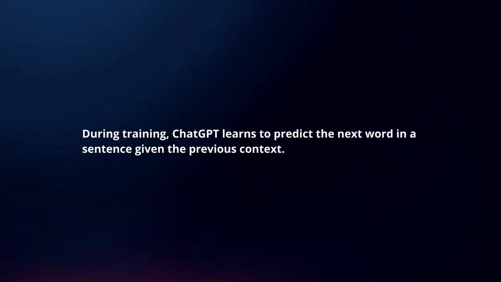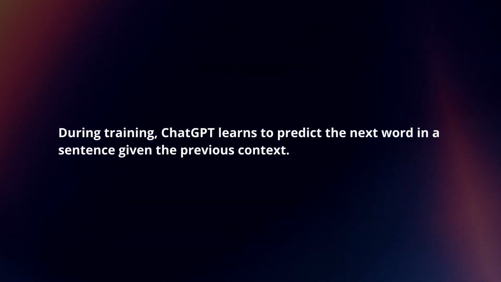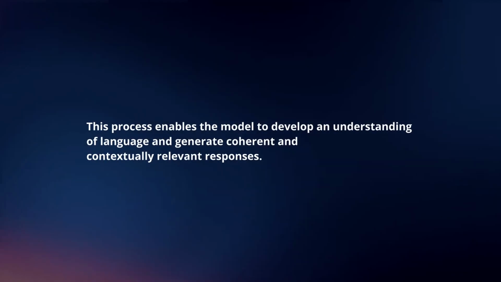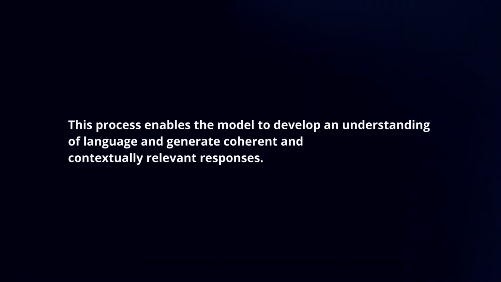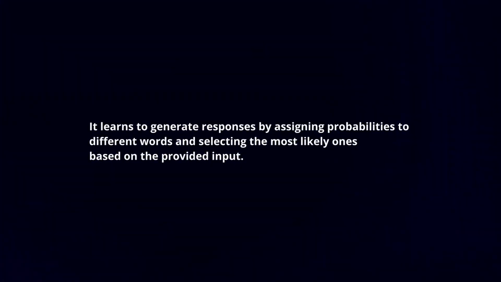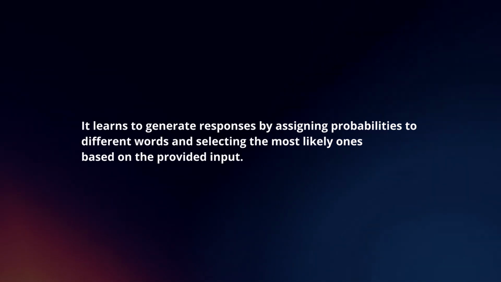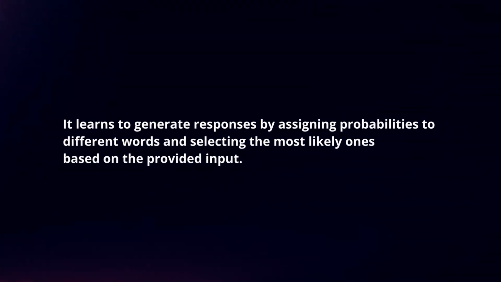During training, ChatGPT learns to predict the next word in a sentence given the previous context. This process enables the model to develop an understanding of language and generate coherent and contextually relevant responses. It learns to generate responses by assigning probabilities to different words and selecting the most likely ones based on the